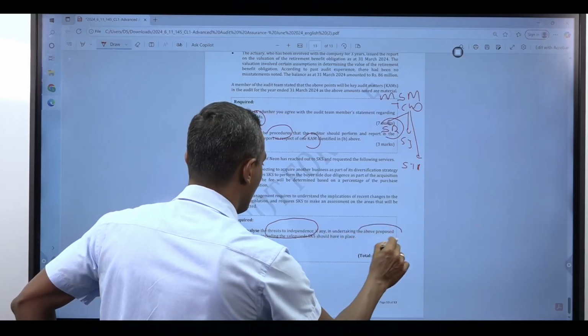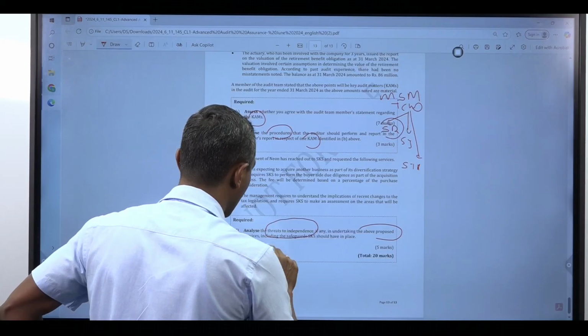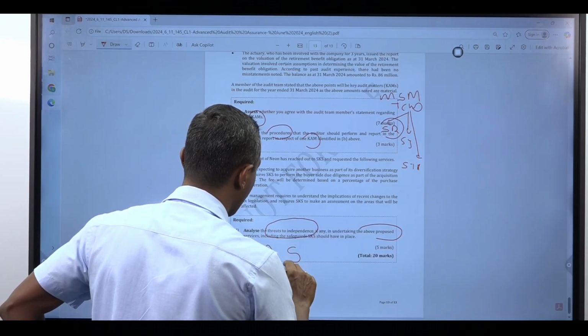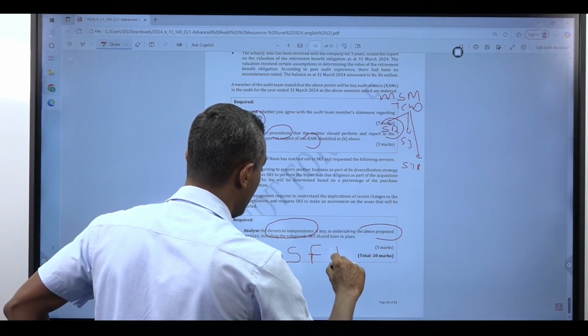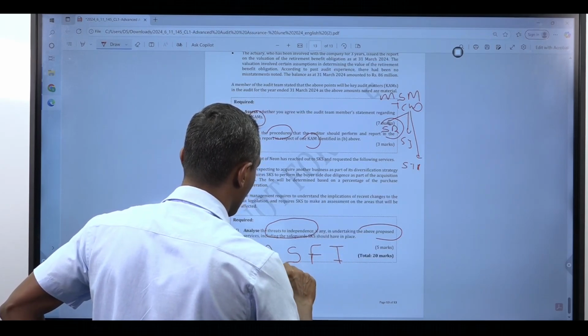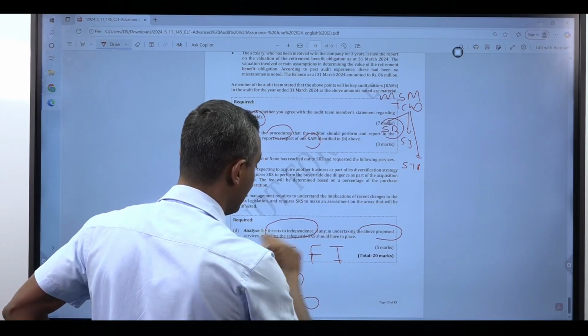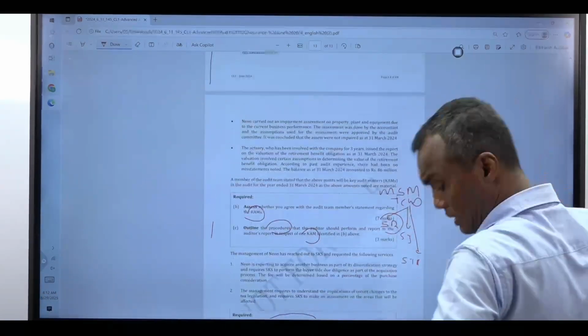Proposed service. We don't know the proposed service, but we know one thing, that threats include self-interest, self-review, advocacy, familiarity, and intimidation. And this is going to affect fundamental ethical principles. Therefore, we need to have safeguards. That is the theory framework. Now, let us go to